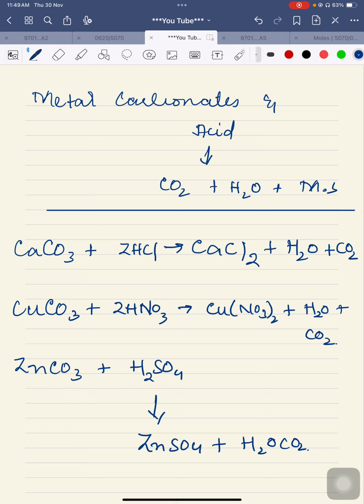Okay, so now we are going to change the board so that you people may understand the reactions of acids with ammonia. So this is what we are going to do on the next page. Okay, so it is acid plus ammonia. Guys, it is a salt only, and there is no metal, so no metal salt. Okay, so it is HCl plus NH3, and it is